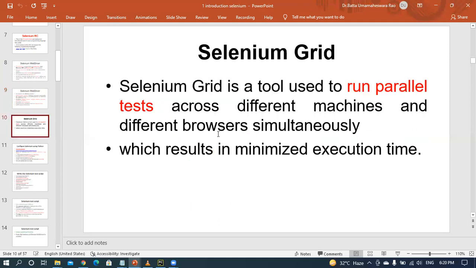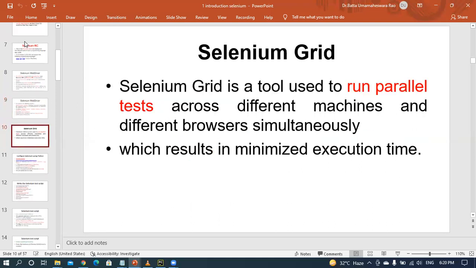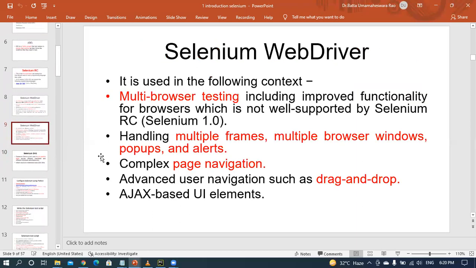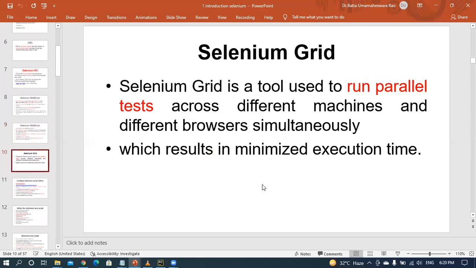Coming to the fourth component. You have four components: the IDE, RC, WebDriver, and then Grid. The fourth important component is Selenium Grid. Nowadays it is used to run parallel tests at a time.